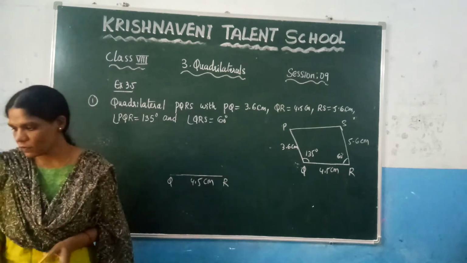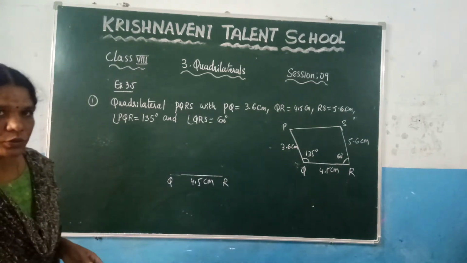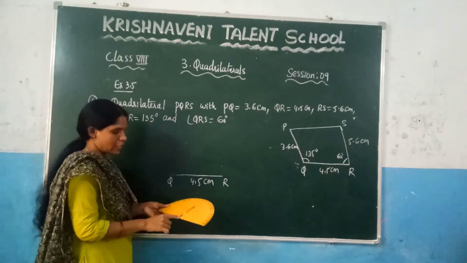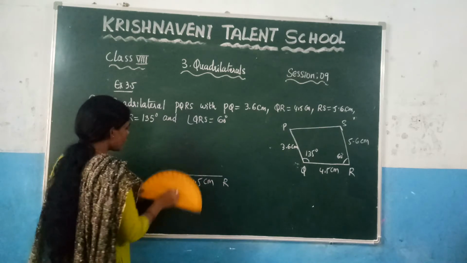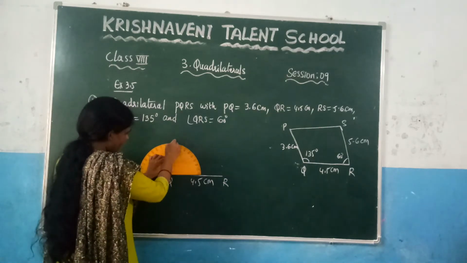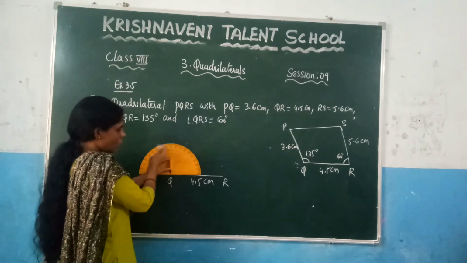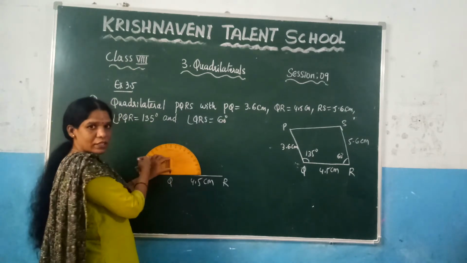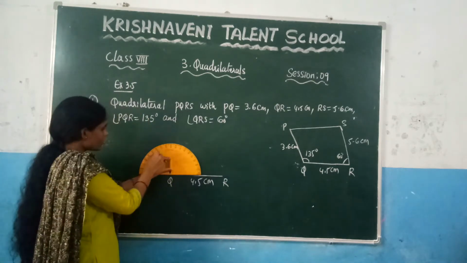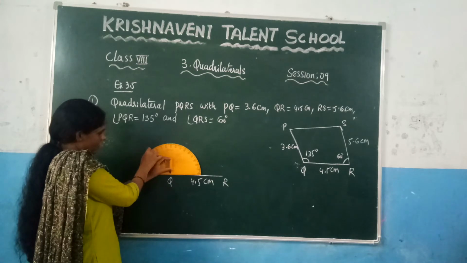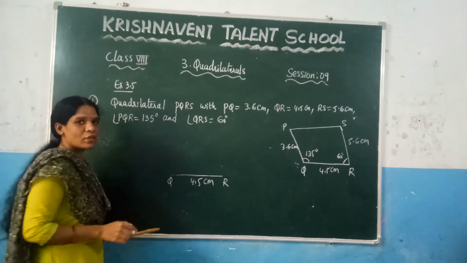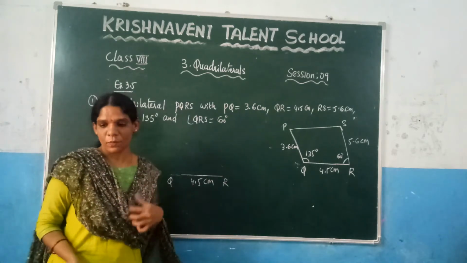First, see with the help of the protractor how to draw 135 degrees. This vertex Q and this arrow mark should coincide with each other. Like that you need to keep the protractor. This is 90, the straight line, and after this you will get 100, 110, 120 like that. Since we need to construct 135, this is 130 and this is 135. At this point you keep R and join, so that you get 135 degrees with the help of the protractor.